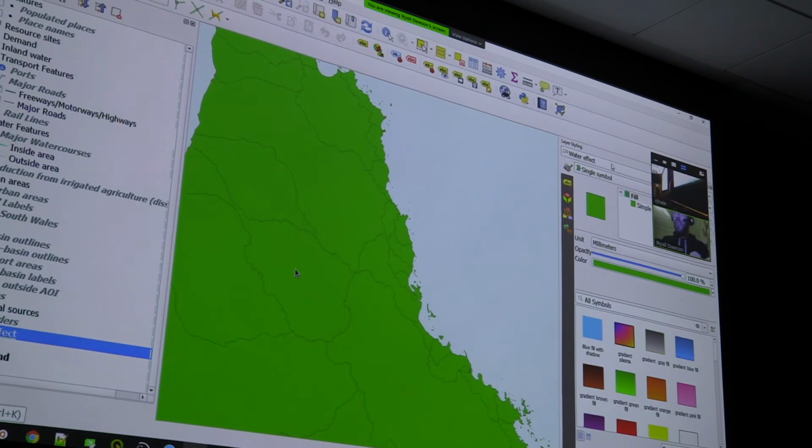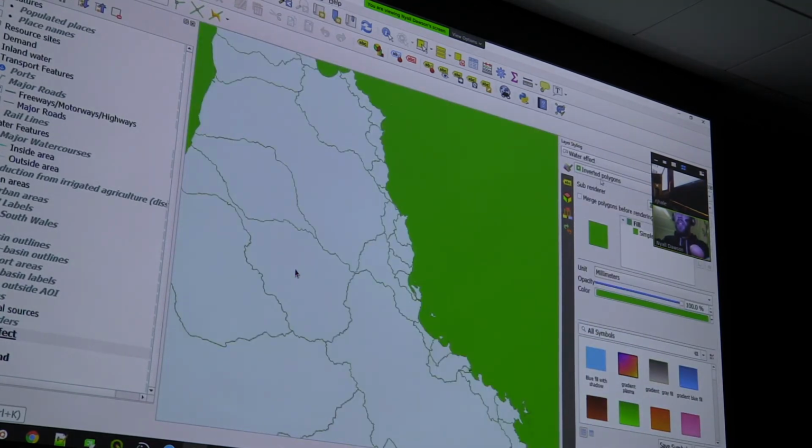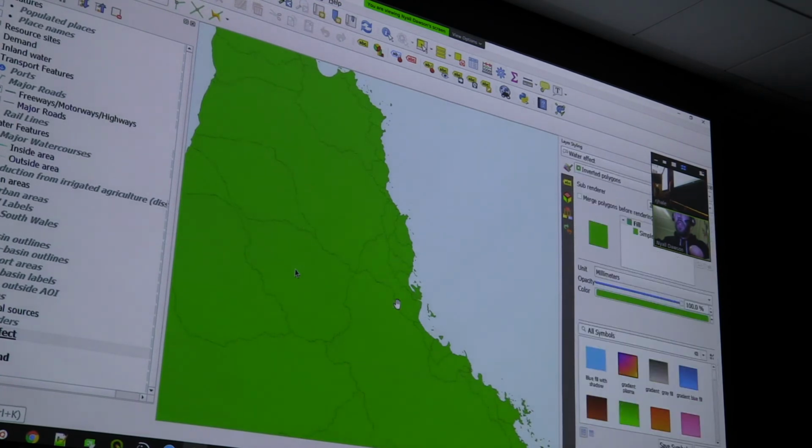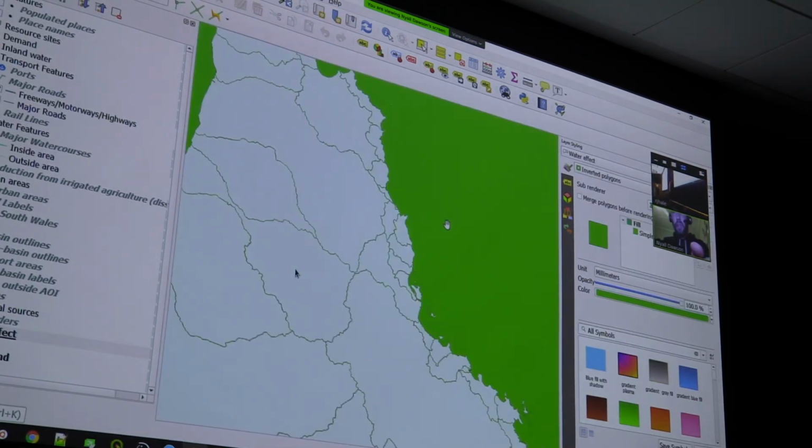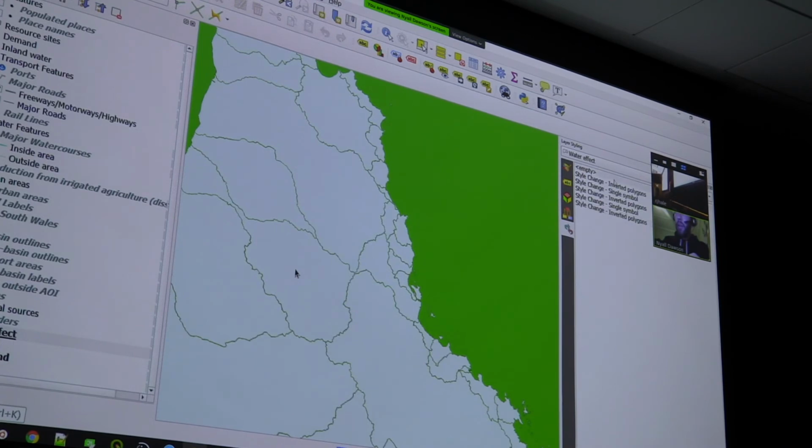But I used a little trick in QGIS symbology where I've changed the way this layer is rendered from the single symbol up here to this option that's called Inverted Polygons. And you can see there, when I change it between single symbol and inverted polygons, it changes from colouring in the bits inside those polygons, flips it around, and actually starts shading in all the bits outside there. So if I take this back to how I had it before,